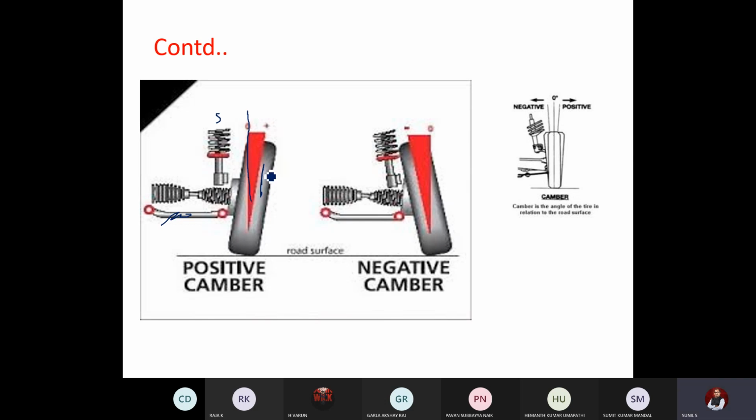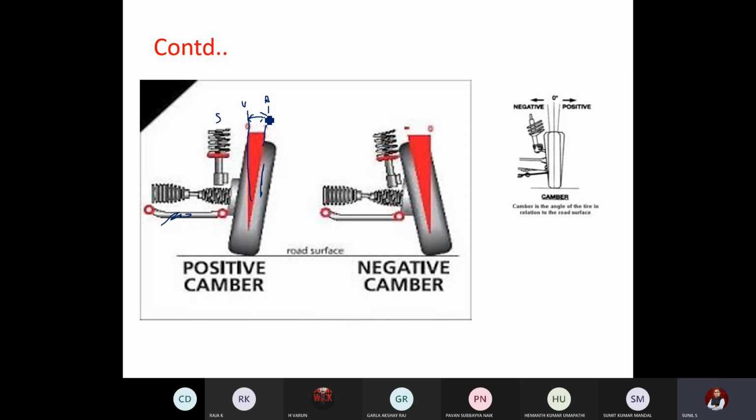In this sketch, you can see the wheel is tilted outwards. There is an angle between the vertical line and the plus mark. So this is the angle. This is the vertical line, and this is the actual axis of the wheel. The angle between them is called the positive camber. Suppose if you tilt it inward, it is called negative camber. According to what I have read, in whatever cars we see, positive camber will be kept.